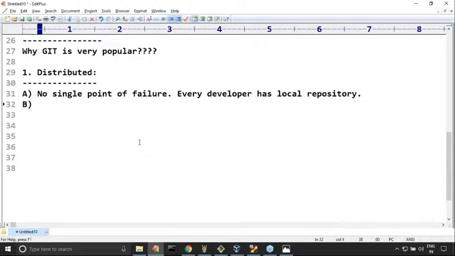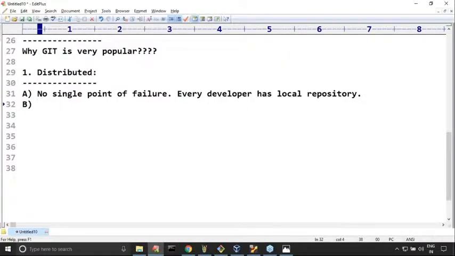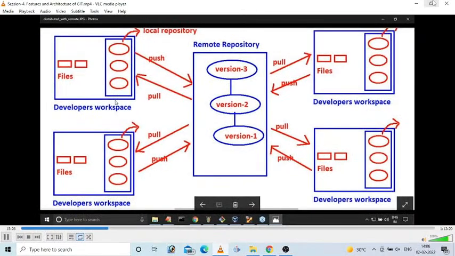The second advantage is that all commit and checkout operations are performed locally, not remotely. Please confirm. That's why performance is higher and the operations can be performed very speedily. Speed is more, remember that. We already covered all these things earlier, just listing them out. Next, sir, any other? Developers' workspace need not be